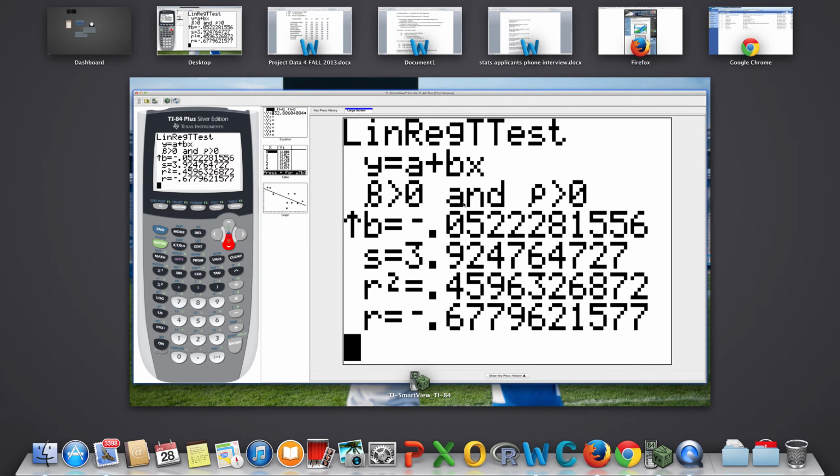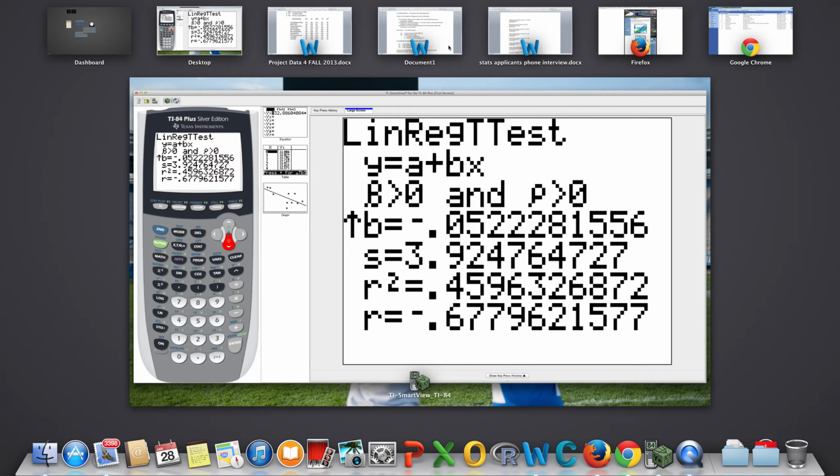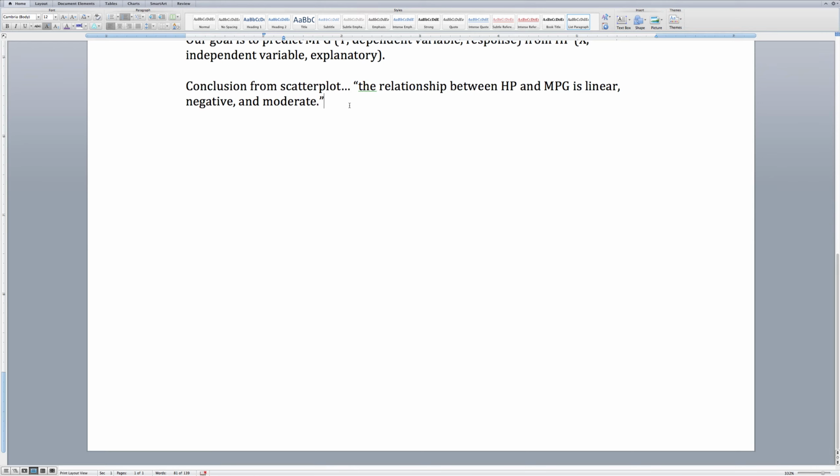Let me go back to the document. So what we have here, our R value equals negative 0.68, and our R squared equals 46.0%. Again, gang, it's important that we